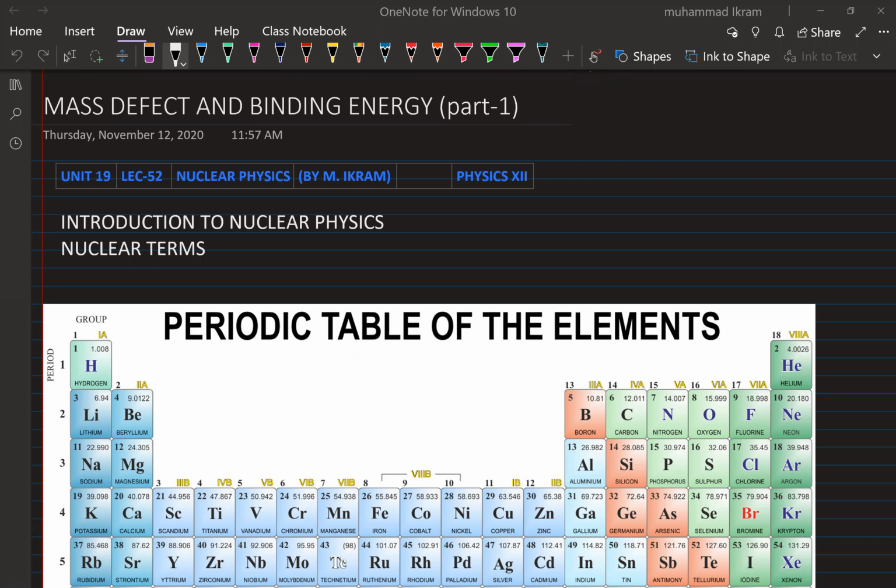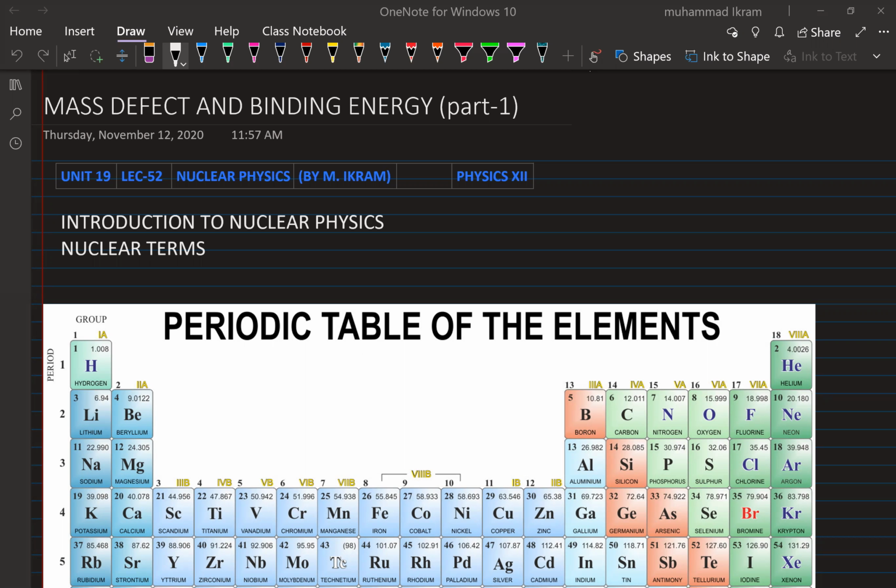Bismillah ar-Rahman ar-Rahim. Class, we are starting a new unit, nuclear physics. It's unit 19, and the topic is mass defect and binding energy. Students, this is very unfortunate, as I told in my previous class also, that because of COVID-19, the syllabus has been reduced, but the reduction in syllabus is a problem for us. Why? Because directly starting with mass defect and binding energy wouldn't be that effective.